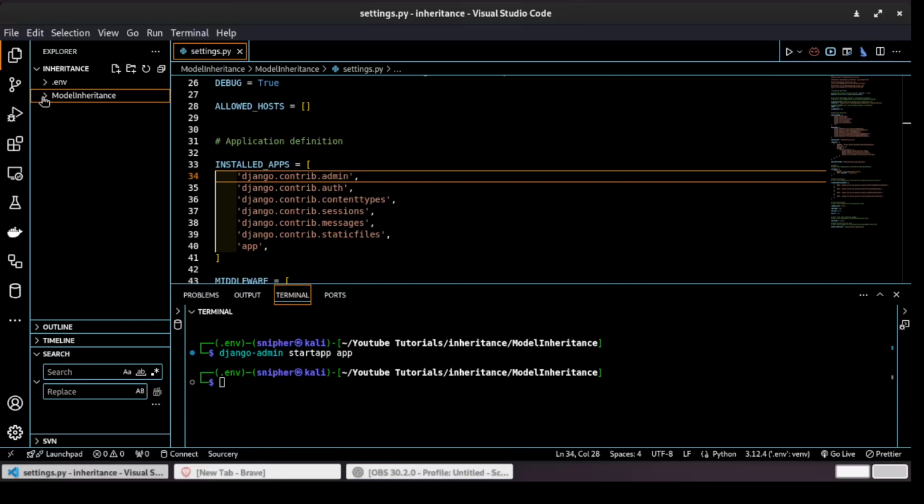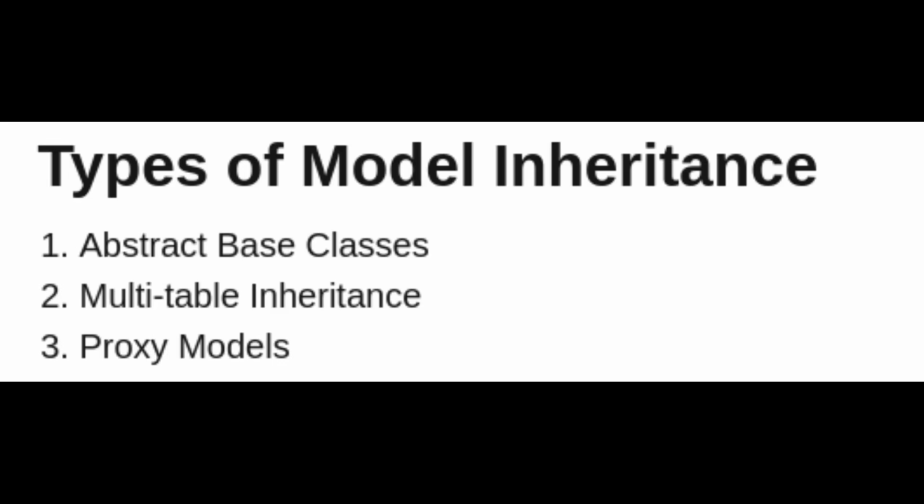This is particularly useful when you have several models that share a lot of common data. There are three types of model inheritance in Django. We have abstract base classes, multi-table inheritance, and proxy models. So we are going to go through all these three types of model inheritance in Django and give you